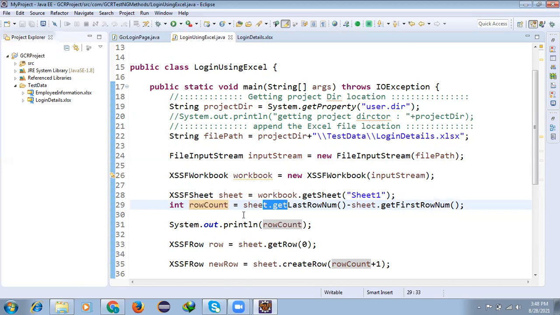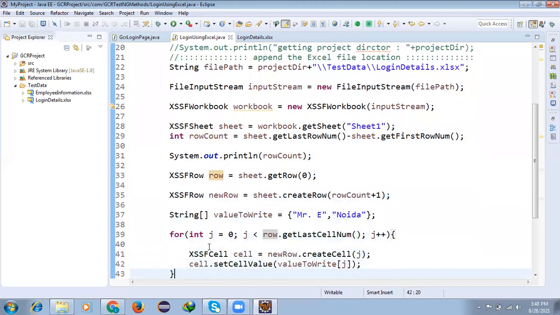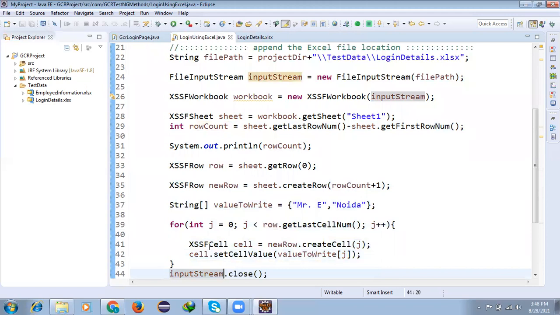That means how many rows are present. From the header down, we are going to write, so a minus happens. Then it uses the count. We read how many rows we have in that sheet: 1, 2, 3, 4, or 10 rows.